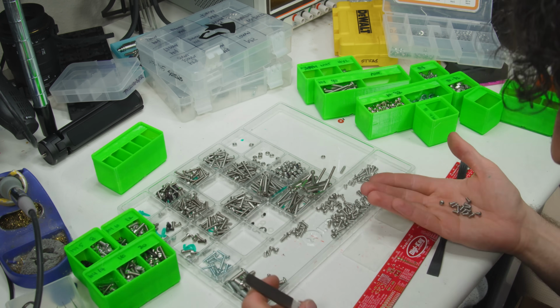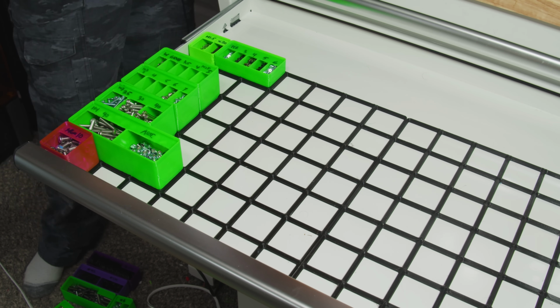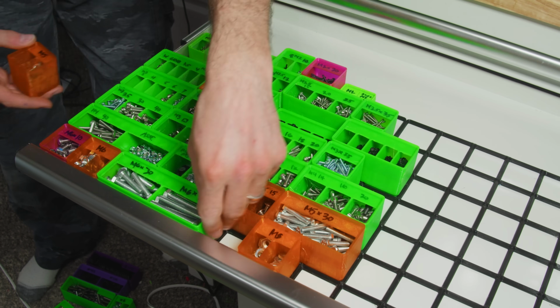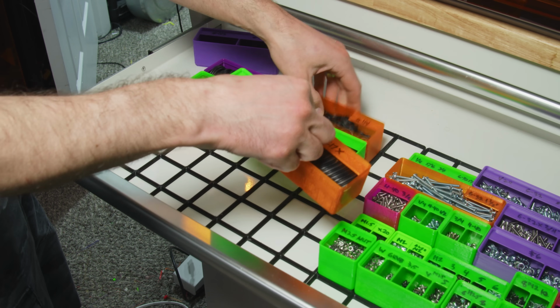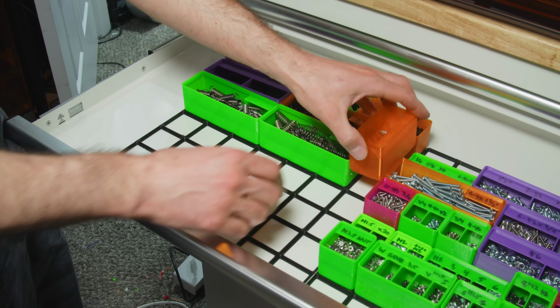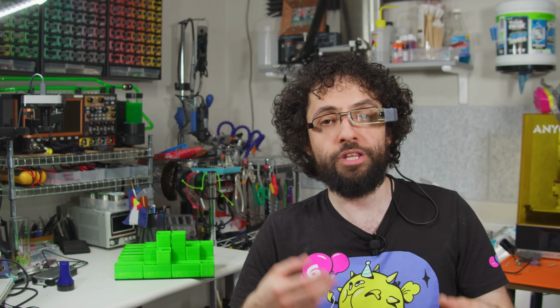If none of my storage has a lid and it's all spread out, then finding, grabbing, and returning stuff becomes a one-step, almost instantaneous process. Yeah, and don't overthink it. If you print the wrong thing, you can just rip it out, drop in a new one, and reuse the old one in a different part of your workshop. The system can change with you, which is really great because I keep making new kinds of projects and